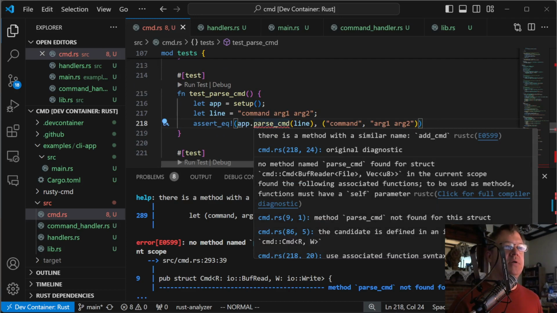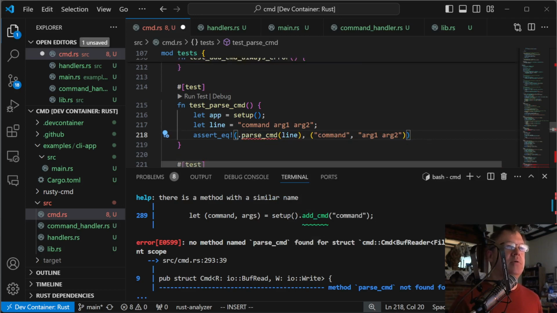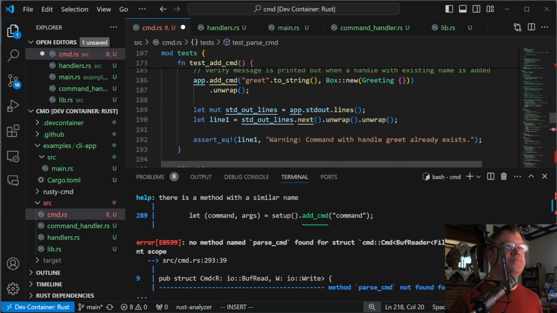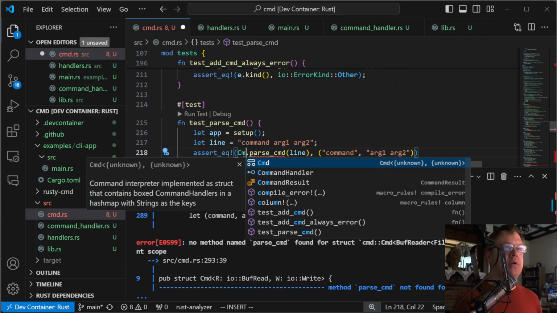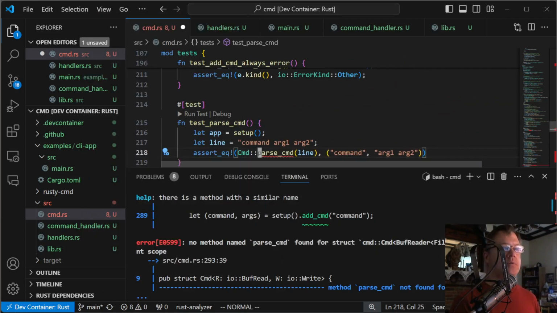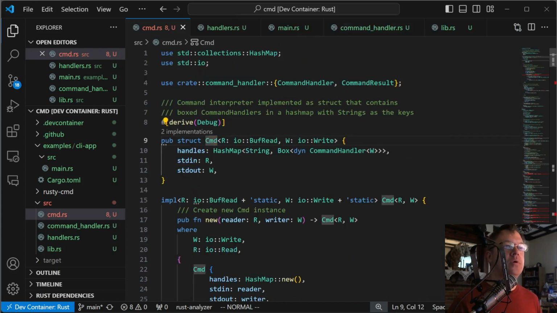App.parse command. We just need this to be now command: parse command. Hold on, let me. Okay, well, let's